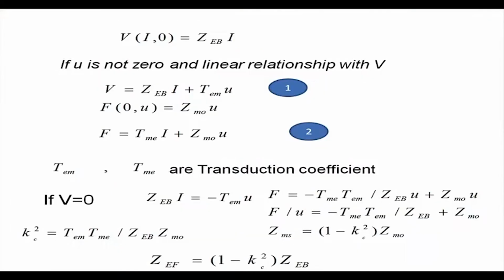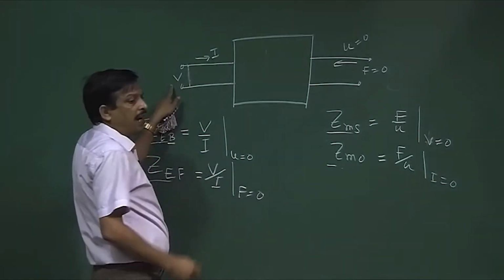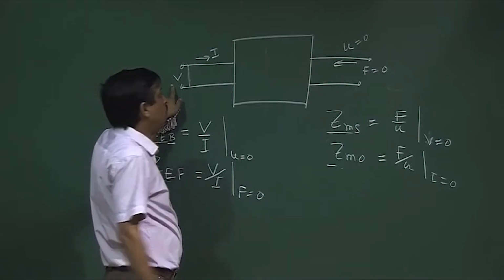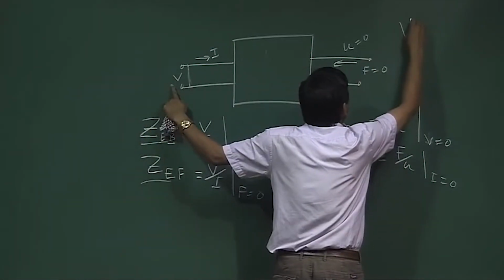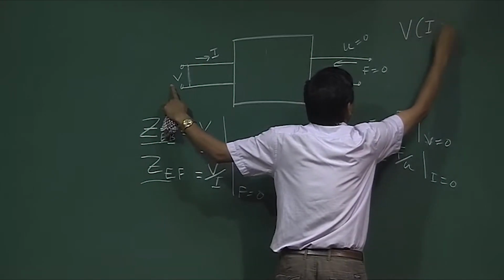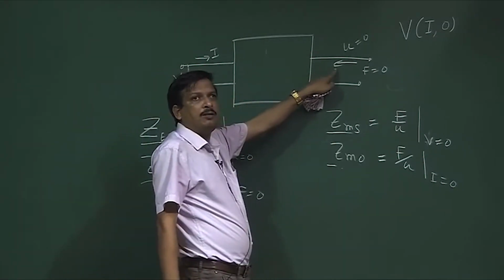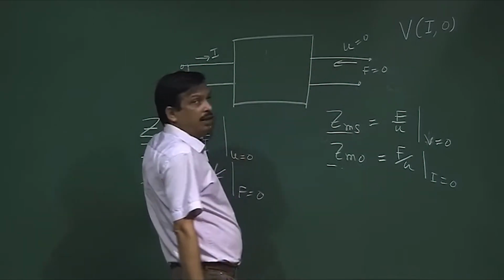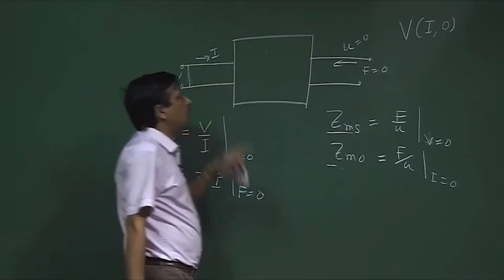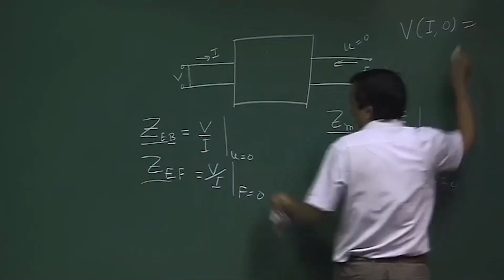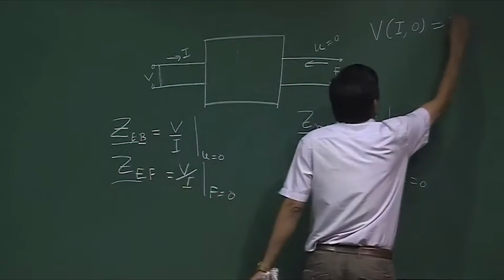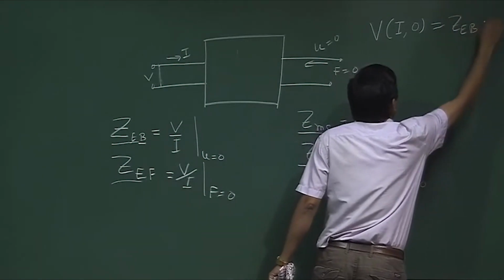Now, let us derive the equation. What is the equation? If I apply a voltage V when U is equal to 0, let us say the electrical voltage V is a function of current and U is equal to 0. So there is no mechanical velocity, only voltage is there with U is 0. Then U is 0 means ZEB, so it is nothing but the ZEB impedance multiplied by the current,